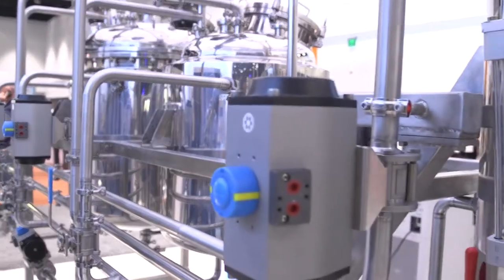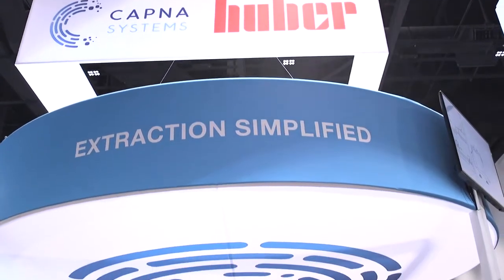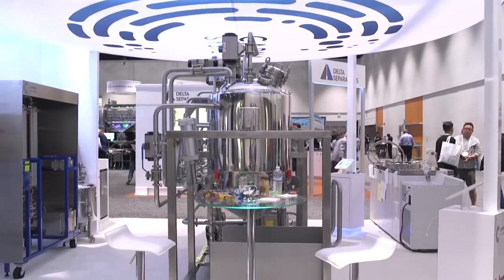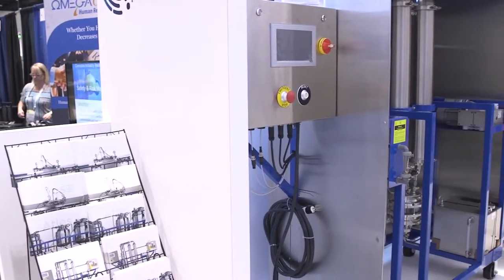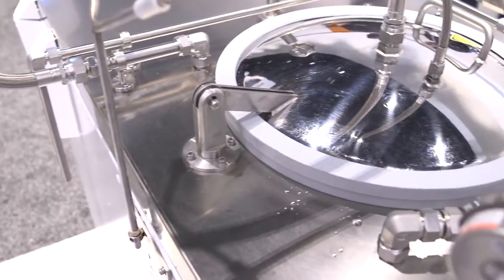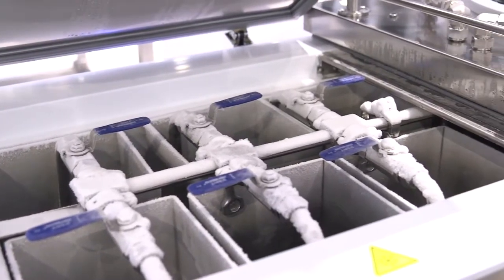So, in your opinion, what is the differentiator for Capna Systems and other systems out there on the market? I think what makes us unique is our ultra-low process, right? So this is a patented technology. We actually own the patent for the ultra-low extraction process, right? So what does that mean? What we discovered is there's an ideal temperature range for ethanol, which is a highly polar solvent. If you cool it to that ideal temperature range, you can lock out some of the undesirable constituents that co-extract